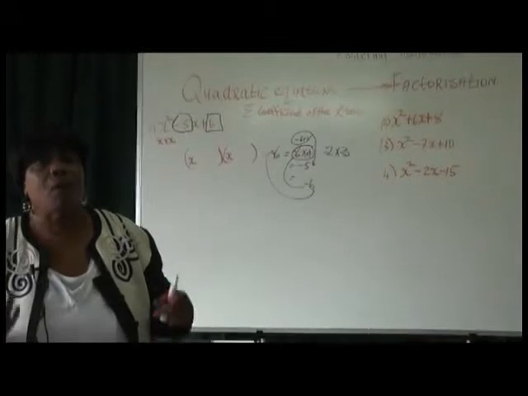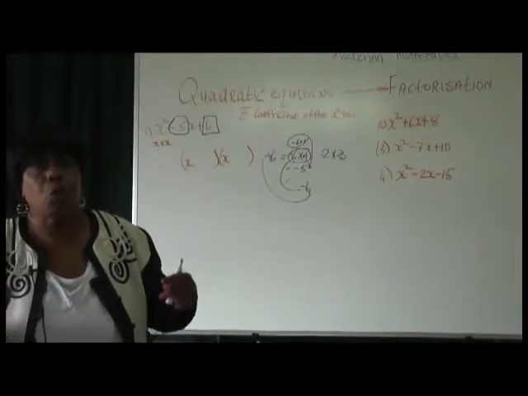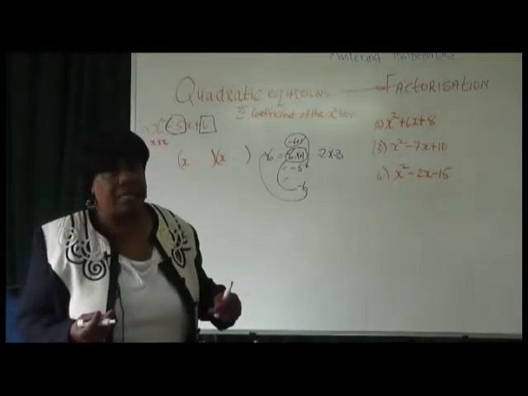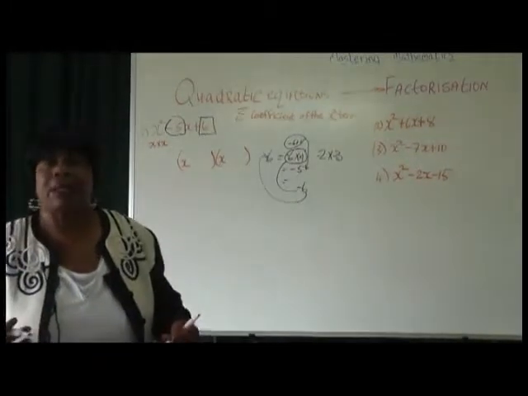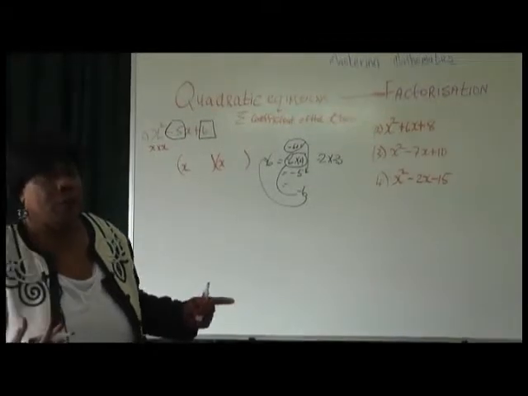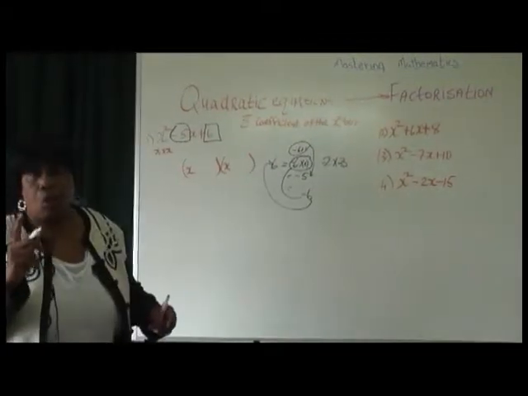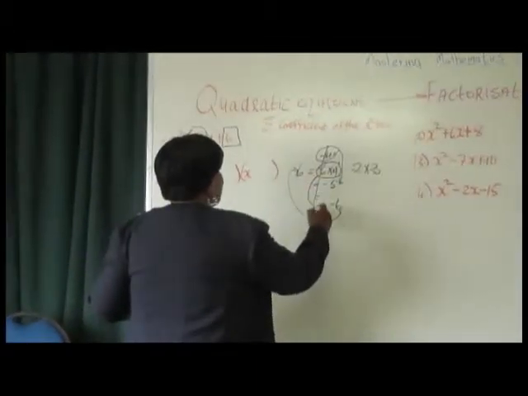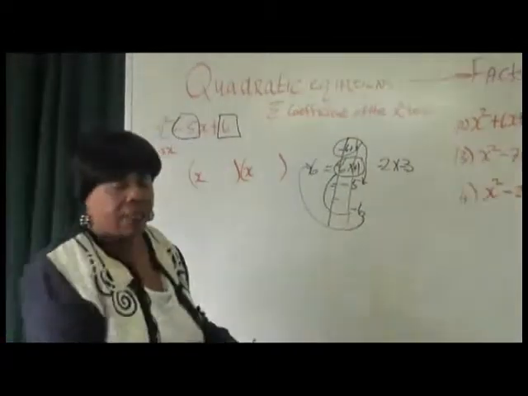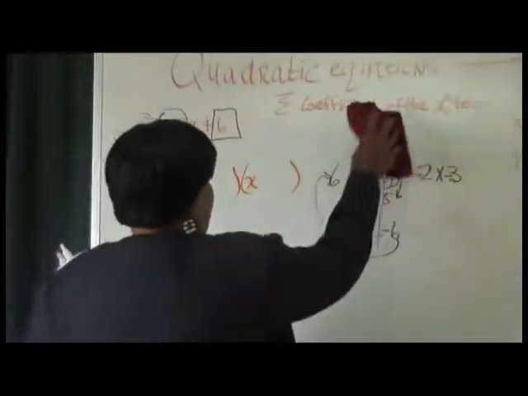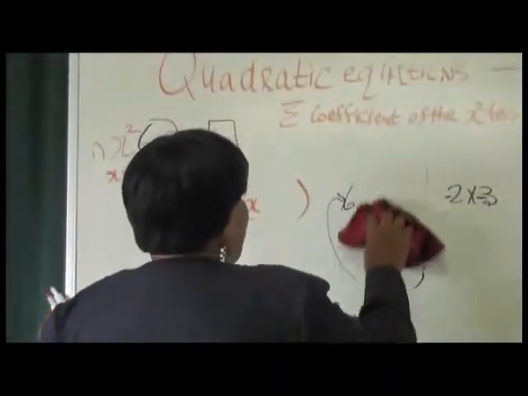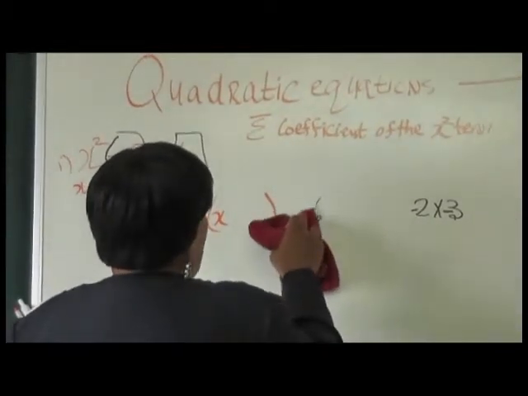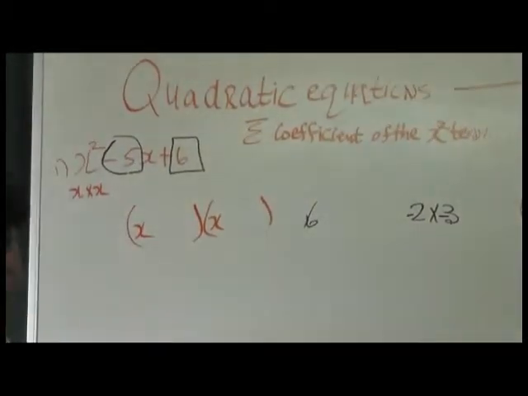So the factors must fulfill two jobs, okay? They must give us back the number we started with, and when we add or subtract them, we must get the middle term, not 1. This only satisfied one condition, so thank you very much, but no, we cannot use it. Okay, so we're left then with our only alternative.